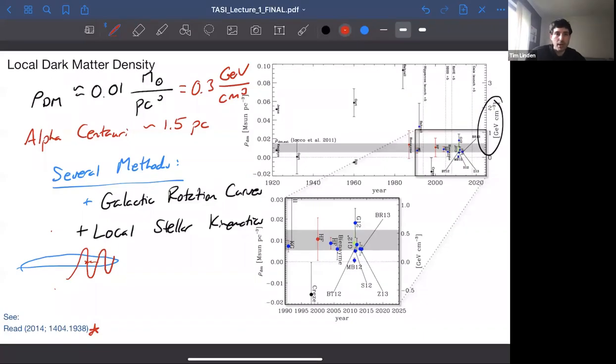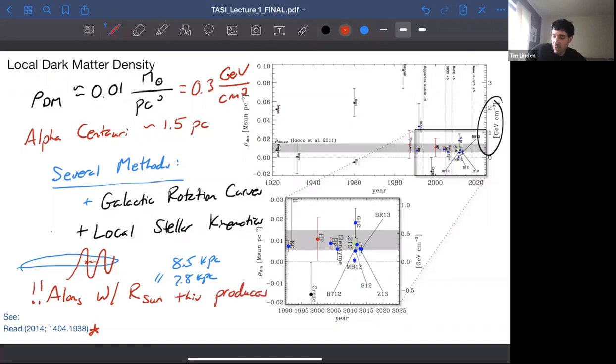But there's a very important point I think everybody should be cognizant of, because you will spend the rest of your career forgetting this and then having arguments that were not worth having: along with the uncertainty in the radius of the sun, particle physicists say is 8.5 kiloparsecs, astronomers say 7.8 kiloparsecs, and then there's a big shaded region here in the local dark matter density, this produces a factor of 5 uncertainty